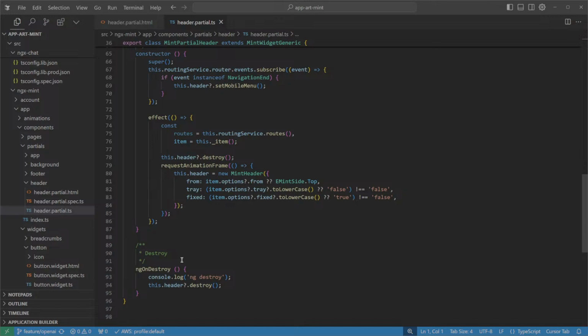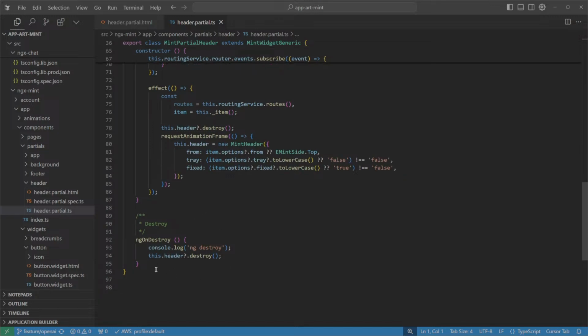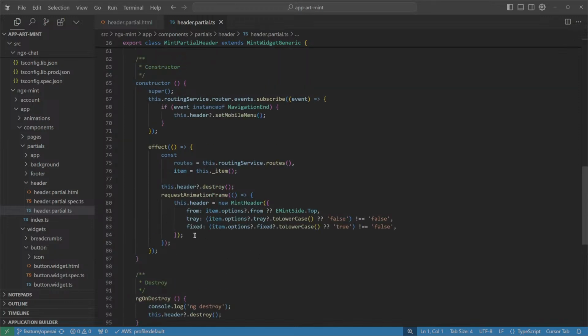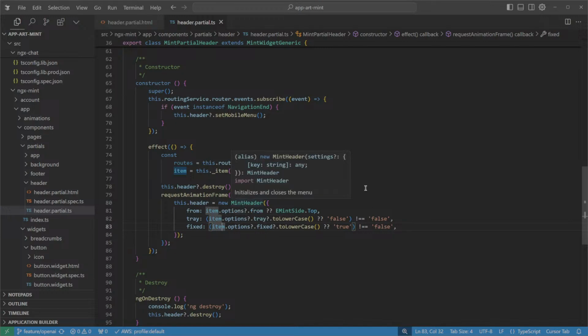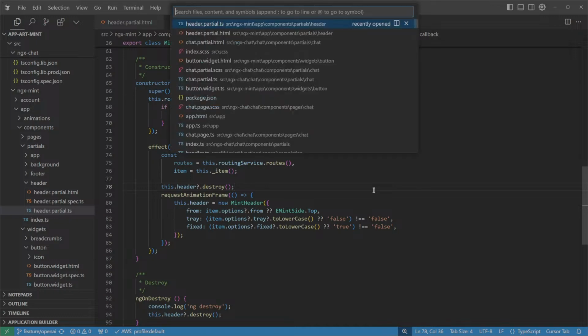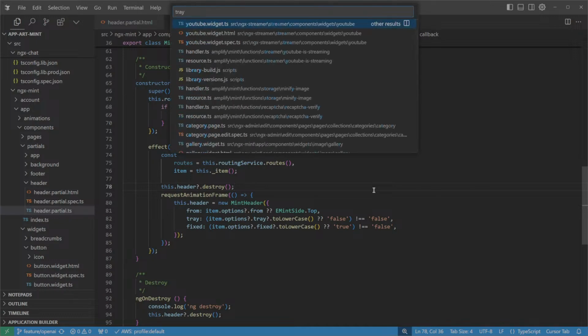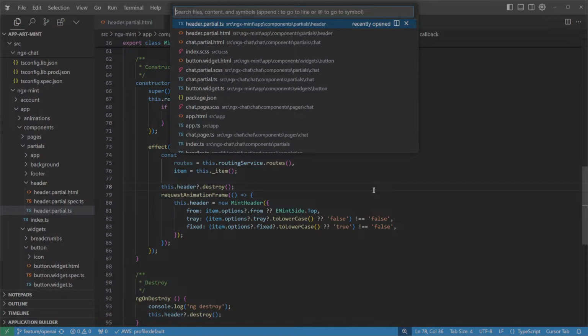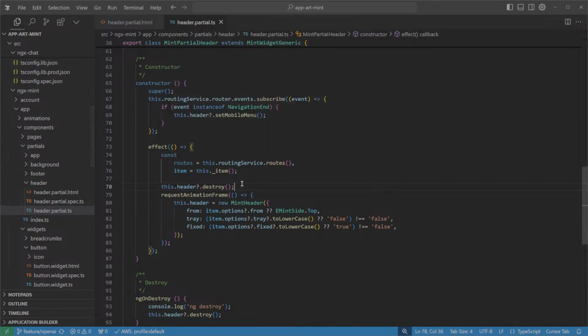Routes, let's see, it destroys the header. Destroys the header. Creates a new header from tray fixed. Yeah, it's not going to be a mint header. Let's see. Control P tray. I don't think. Nope. Yep. Never did that. So. Oh, that's not even part of this